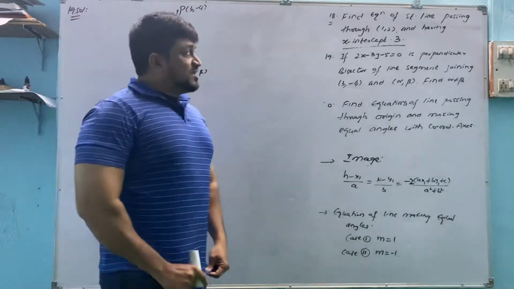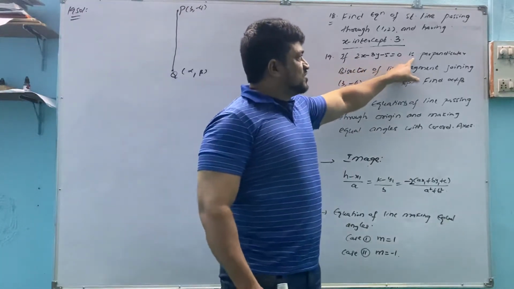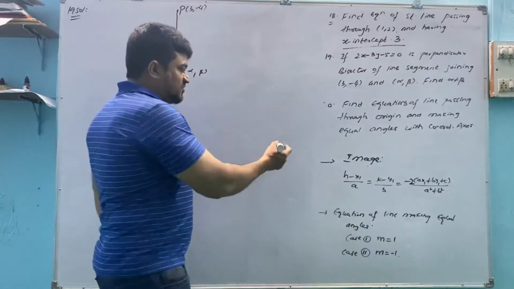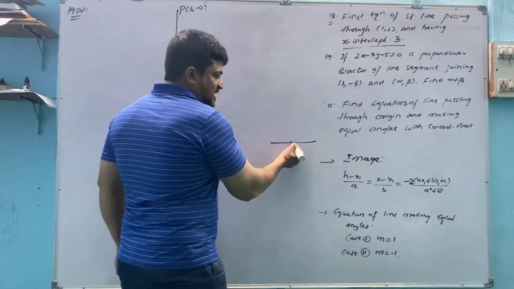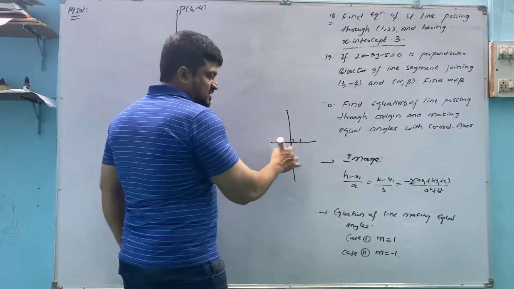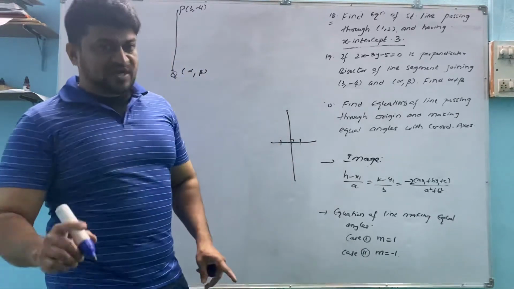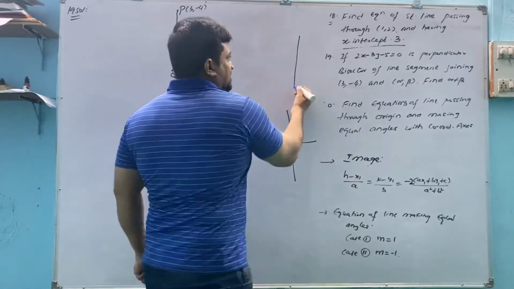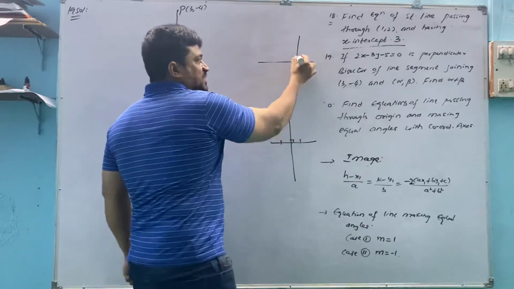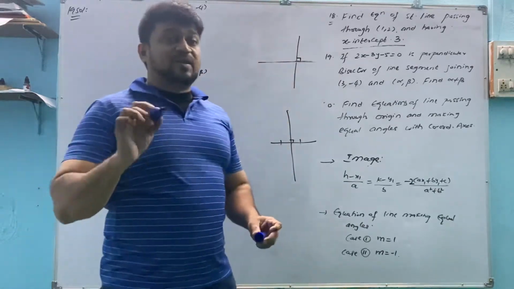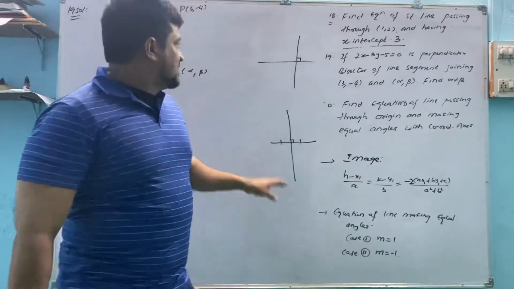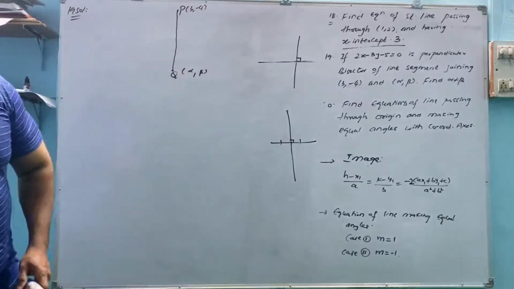Now what they have given is that 2x minus 3y is equal to this perpendicular bisector. The meaning of bisector: suppose if any line is given to you, bisector means from the center if you take one line, that is known to be a bisector. Bisector means the line which divides a line into two parts. Suppose this is a line. Bisector means at the midpoint, if I take one line which is perpendicular, that is known to be a perpendicular bisector, making the line in two parts. Here also the same thing, one bisector is there.